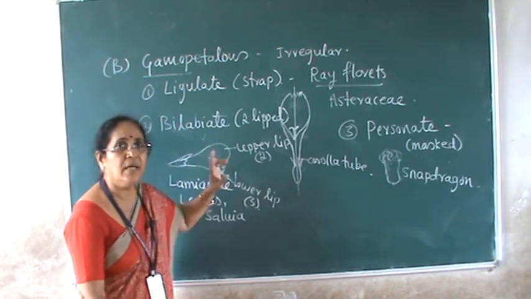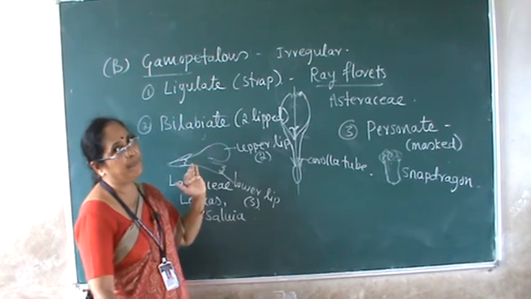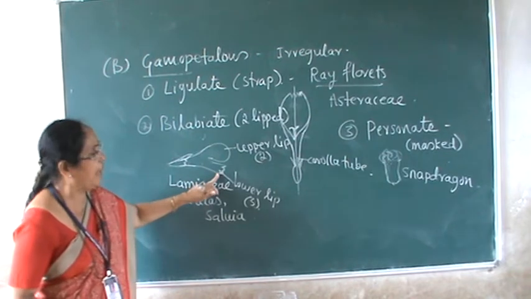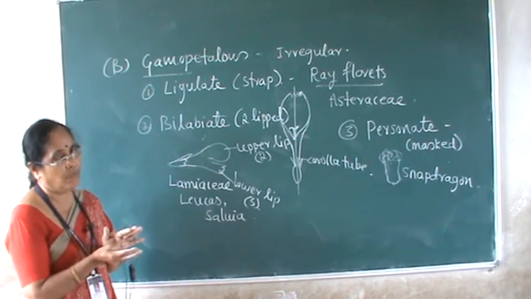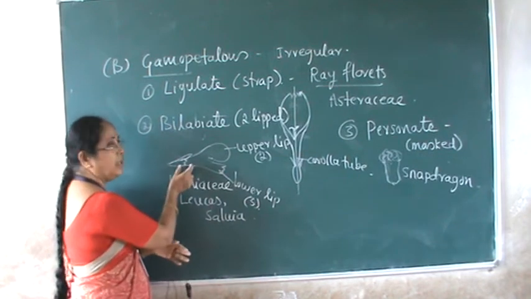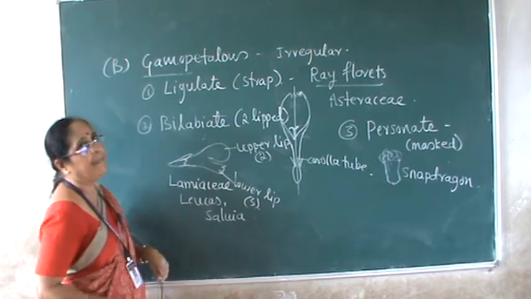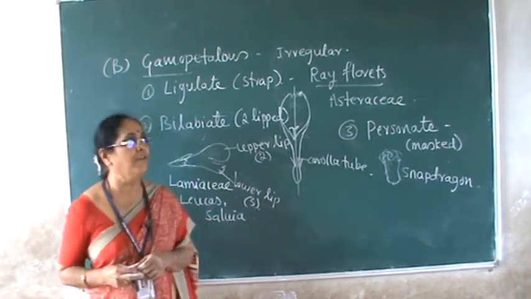Bilabiate, 5 petals, they are fused in such a way that 2 petals are fused to form the upper lip, it is bent in the downward direction like this, and the 3 petals are fused to form the lower lip with a wide gap between the 2 lips, wide mouth, and very short narrow tubular structure at the base. And this is called as bilabiate or two-lipped, found in Leucas, Salvia, in which you have studied the lever mechanism of pollination in third semester,